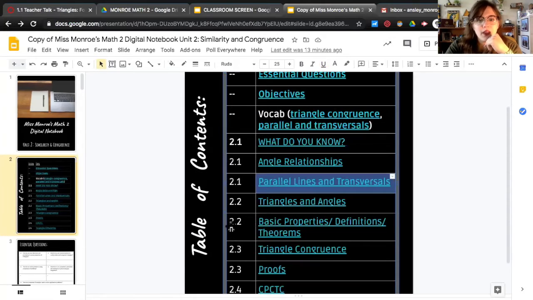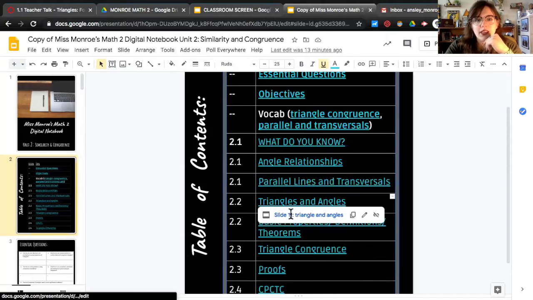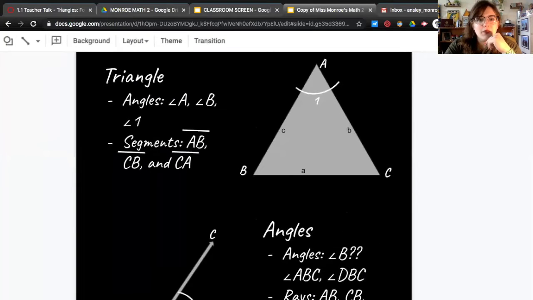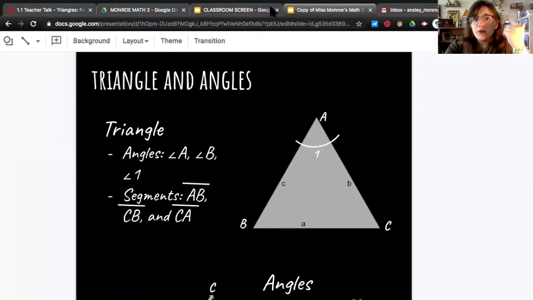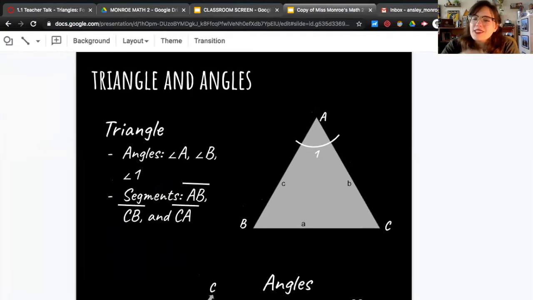So I'm going to open up our slide to the correct slide, and we're going to kind of zoom in here and begin. So triangles and angles, how they're related, and how working with them works together in this unit. So triangles, just to go over basic labels of stuff, we do have angle A, B,